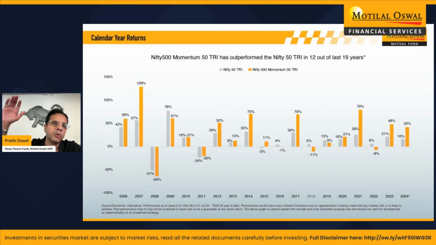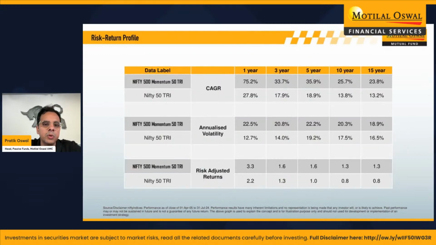So the scale of outperformance in a bull market is very high, which is why we don't really suggest timing this fund. Don't say that I expect a bull market to not happen next year, so I will not buy this fund, because if there is a bull market, then you're losing out on very high returns. So again, the fund does well in bull markets, but the scale of outperformance is extremely strong in a bull market.